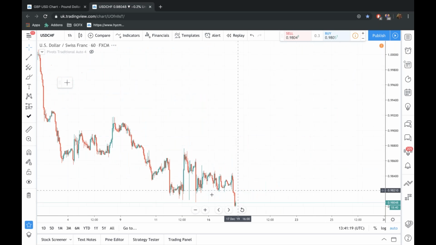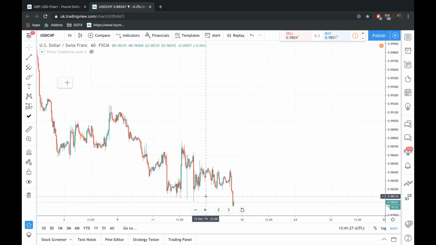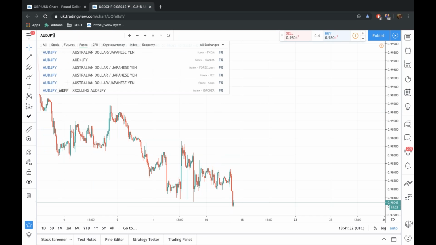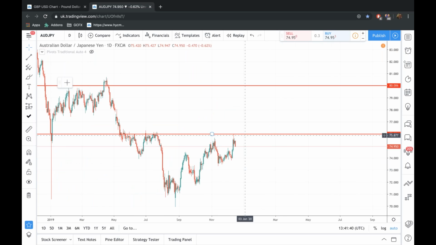So if President Trump makes a tweet, going to put tariffs on or something like that, we have a big risk off tone, then, you know, return up to that level. But then if we did get President Trump doing a tweet that was detrimental, then I would favor the Australian dollar Japanese yen short. That would make more sense to me. Okay, look, we're seeing some yen strength come into the market here against the Australian dollar Japanese yen pair. So that's just something to be aware of on those crosses.